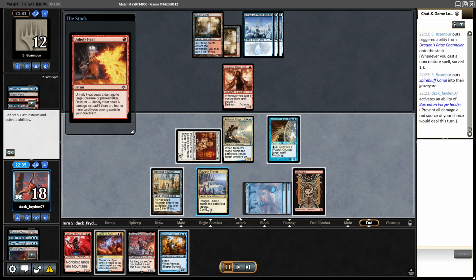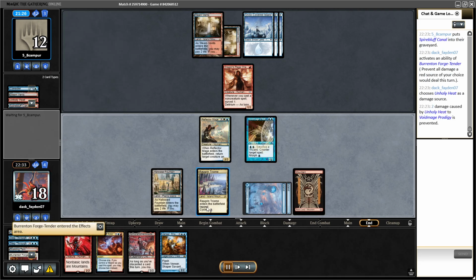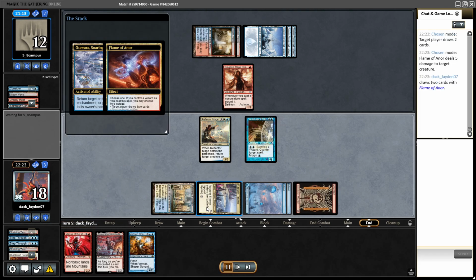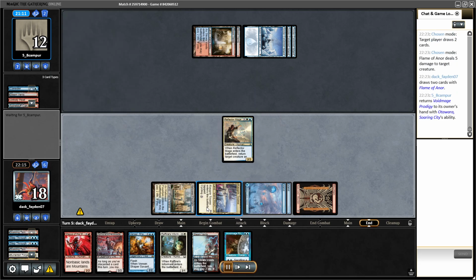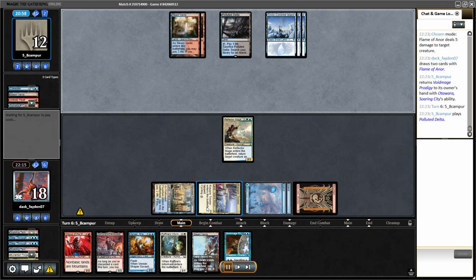my opponent goes for the heat on the Voidmage Prodigy. I use the Forge Tender to save the Prodigy, but they had a Tavara. So I decide, while my opponent is tapped, to use the Flame of Honor, kill the DRC, draw 2 cards,